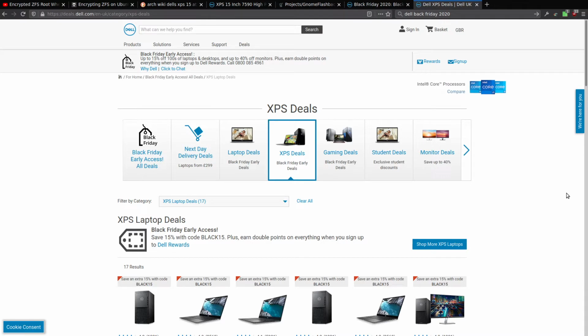As I said, I went with something with 16 gig of RAM, a terabyte hard drive, and a graphics card. I think it's the previous generation's processor. So I didn't go for the latest processor, I just went for last year's. So that's where I got my laptop from, and it works perfectly with Ubuntu